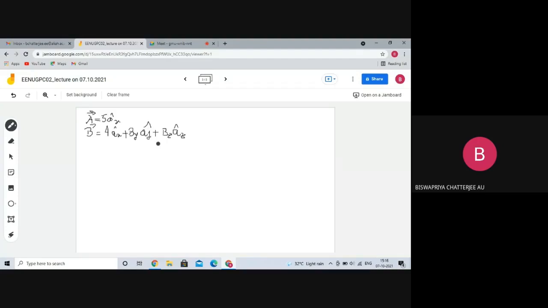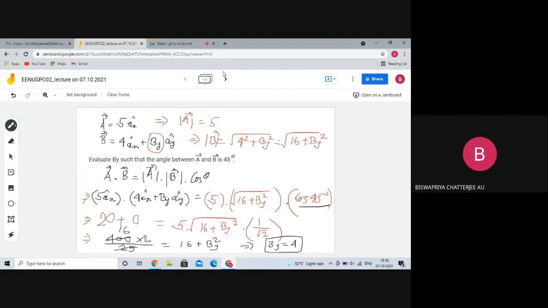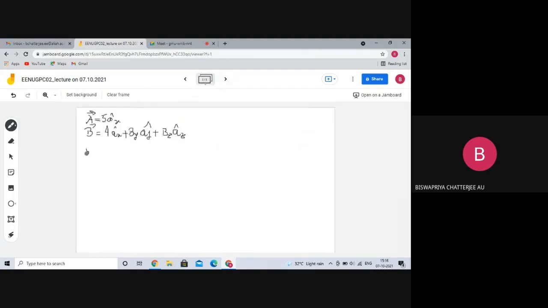The angle between a and b is 45 degrees. So let me use the same procedure, the dot product. It will be 5x cap into this whole term, 4x cap plus by cap plus bz cap,